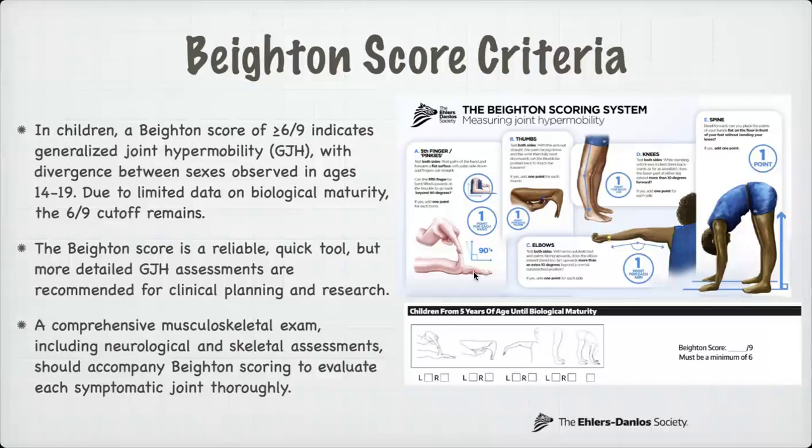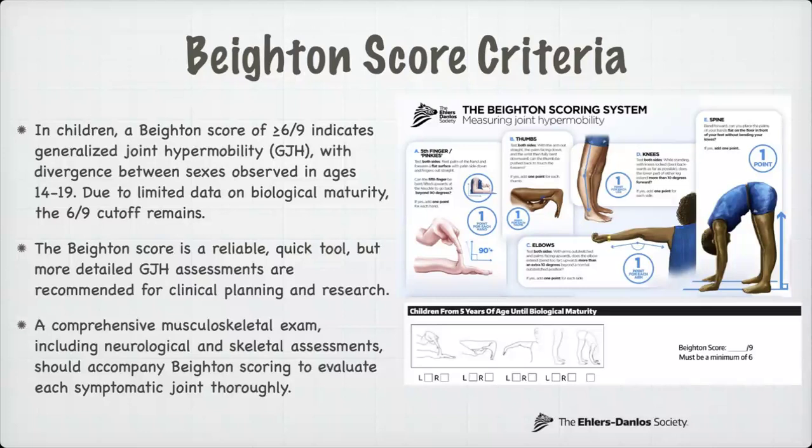There are differences between sexes and observed in age, but it is basically due to limited data on biological maturity. So they kept it 6 out of 9. In adults above age 18, it is 5 out of 9. The Beighton score is a quick and reliable tool, but more detailed assessment is necessary for clinical planning and research. It is important that a comprehensive musculoskeletal exam, including neurological and skeletal assessments, should accompany Beighton scoring to evaluate each symptomatic